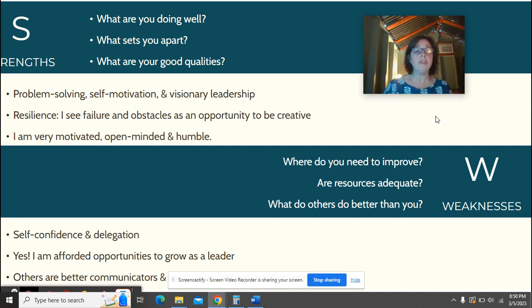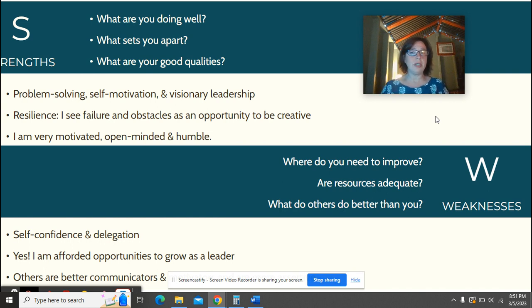Where I need to improve is in my self confidence as a leader and my ability to delegate. I have lots of self confidence in my knowledge in the area of curriculum and instruction. I have lots of confidence in my knowledge about the AVID program and a lot of the other initiatives and practices that we engage in at our school. But acting as a motivator and a leader is something that does not come easy to me, and it is something that I struggle with.